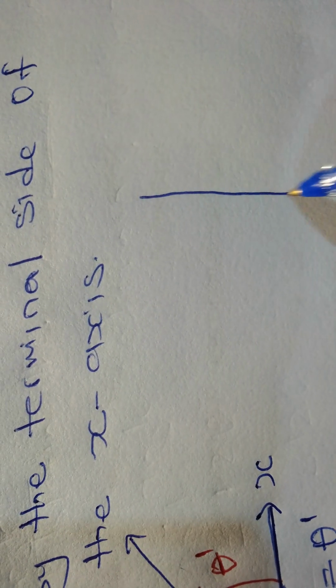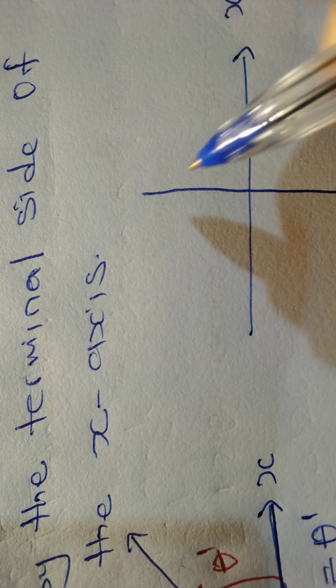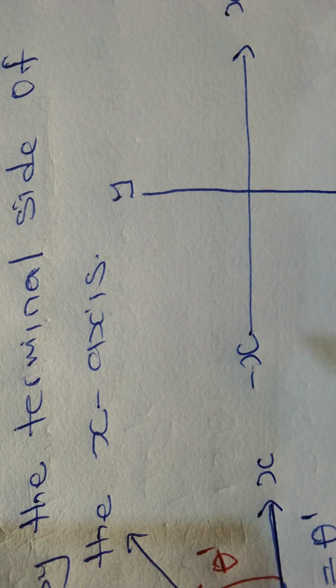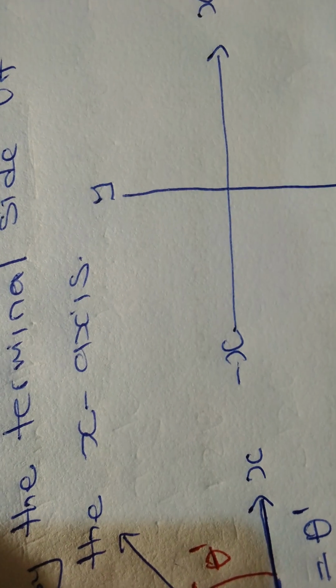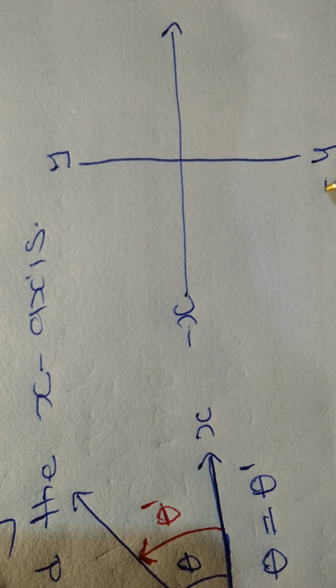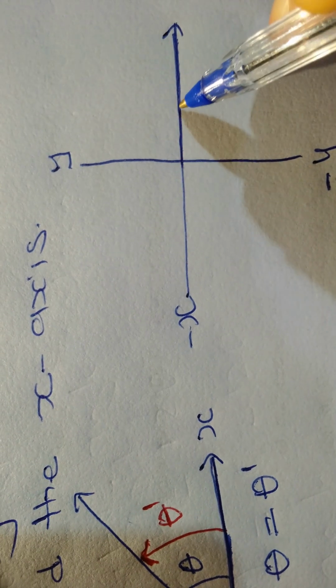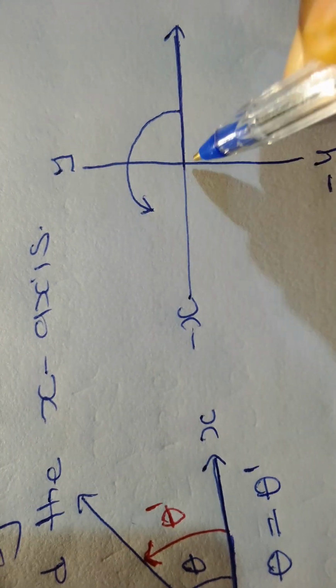So let's consider the second quadrant. In the second quadrant, we have this as positive x, positive y, negative x, and then negative y. The initial side of the angle theta is this. If this angle rotates and terminates here,